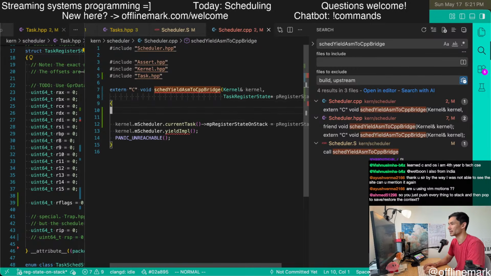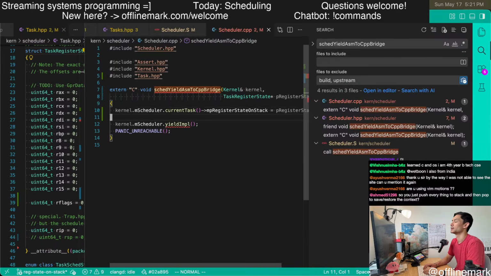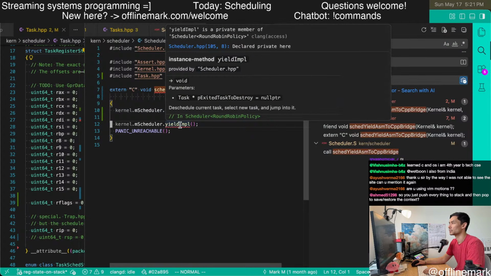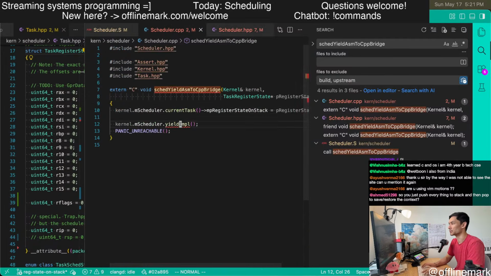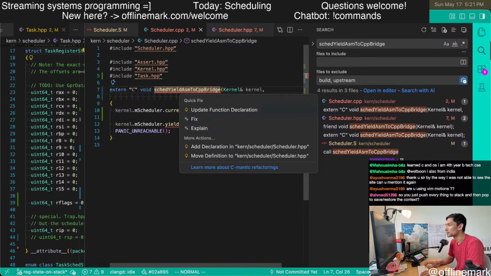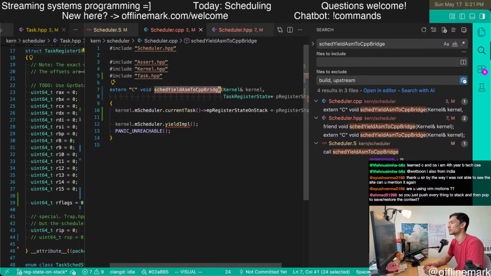Yes, something like this. I'm wondering. Okay, so let's go ahead and update the function declaration. The bridge needs to have this thing.